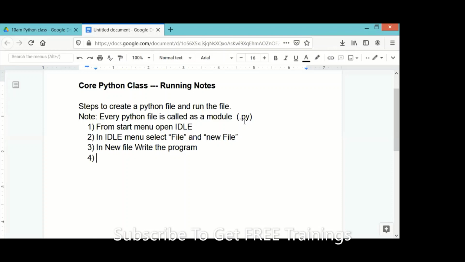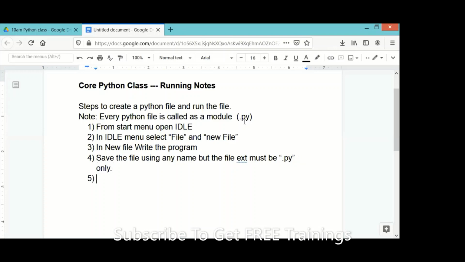After writing the program, save the file using any name. It's up to you, your wish, whatever name you want to give. But the file extension must be .py only.